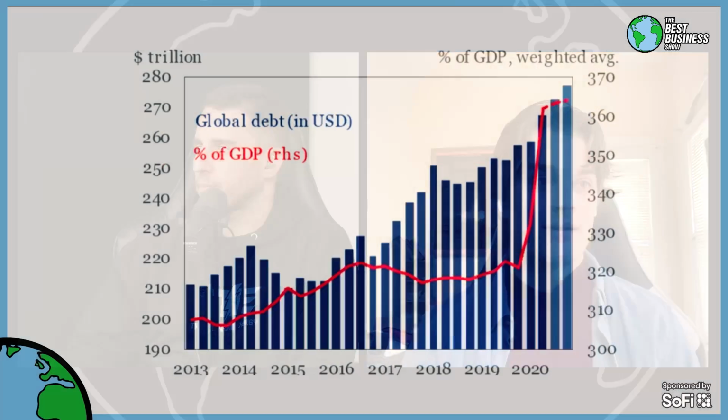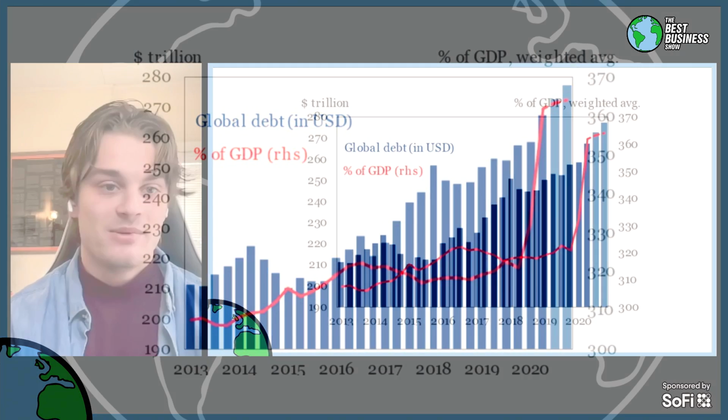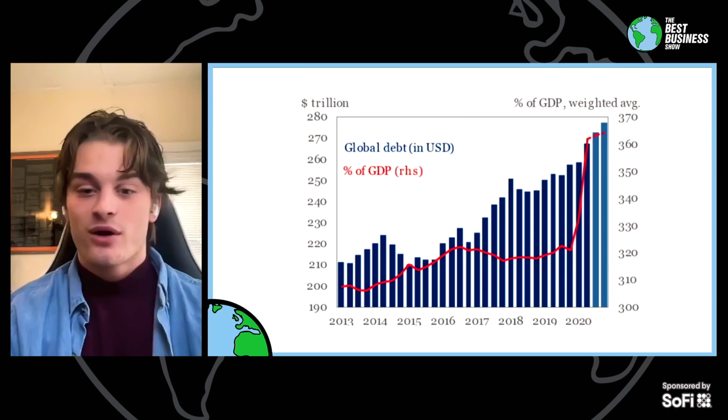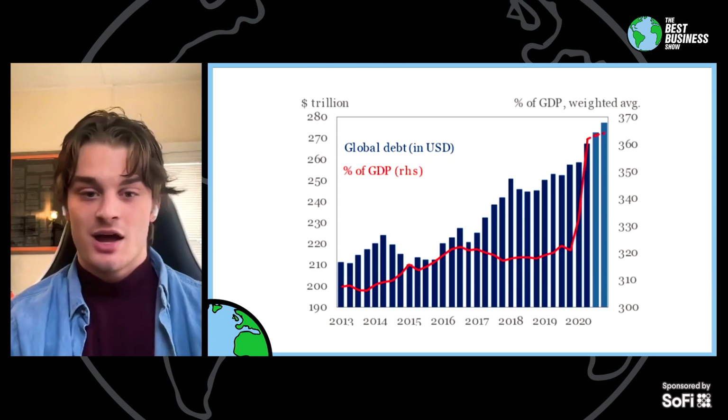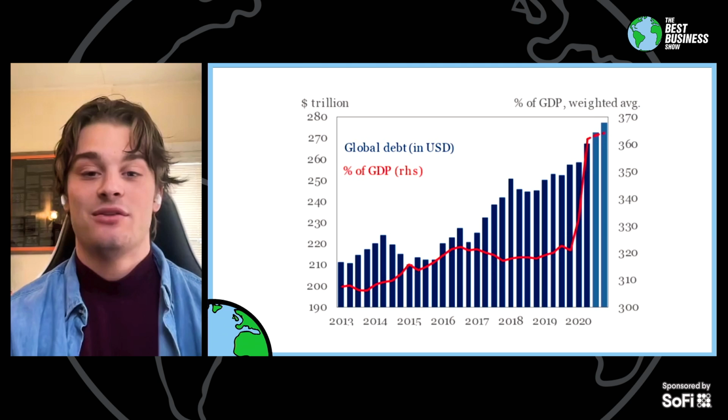Yeah, so this is just the best chart I could find. It seems to be a little bit outdated, but it's basically aggregate global debt. It's an estimate because it's not really known, to be honest, with how the financial system works, the Eurodollar system, fractional reserve banking. But this is a rough estimate of total global debt. Some estimates from people that I speak to say it's much higher, around 400 trillion. But either way, a trillion is a million millions. So quite a lot of debt out there.